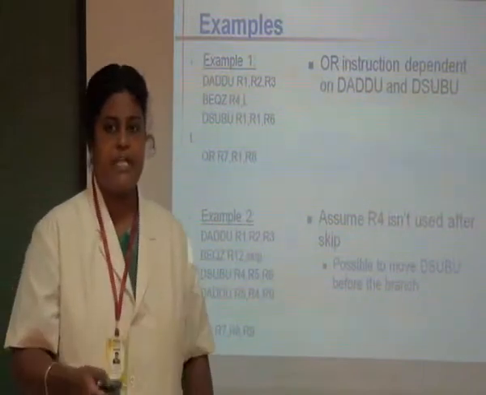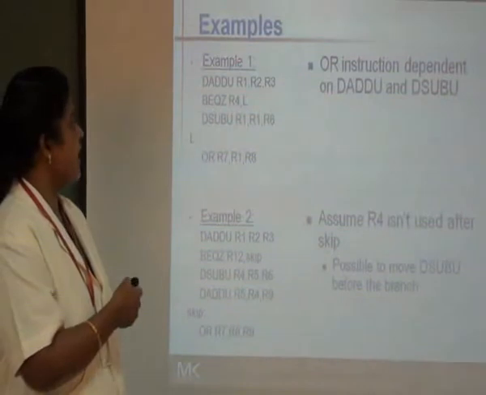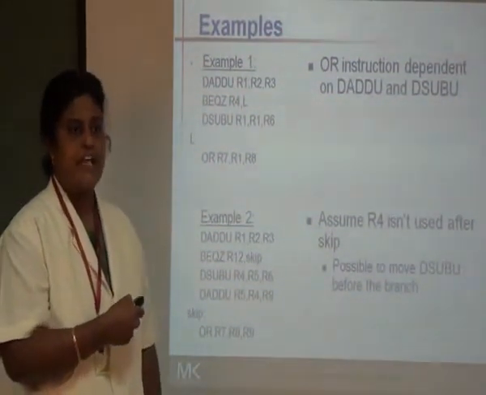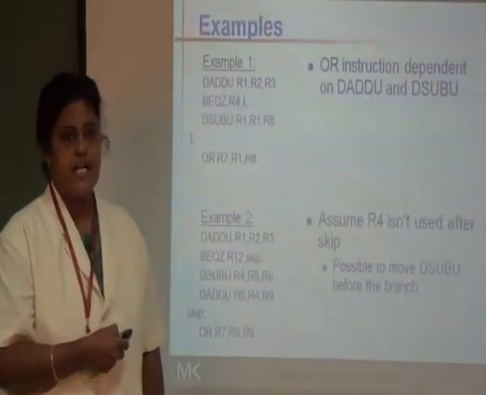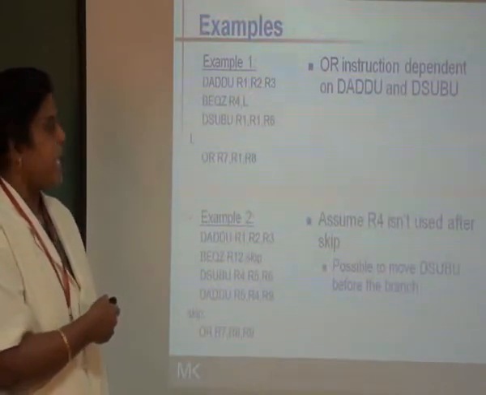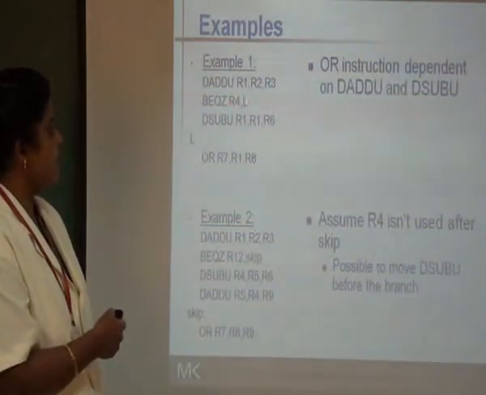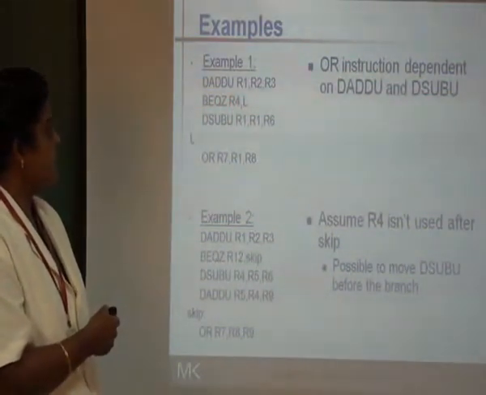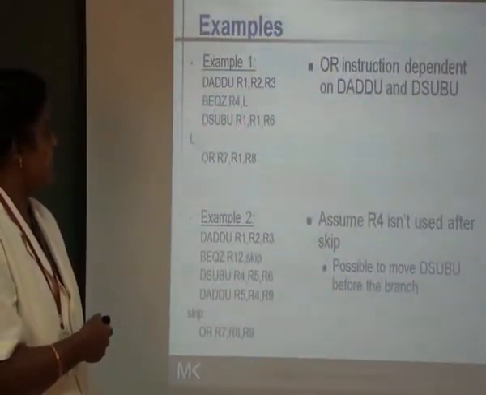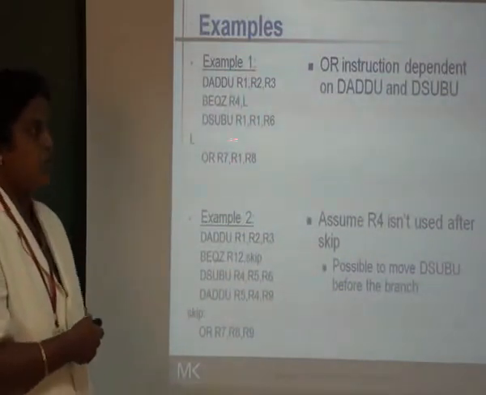Let me present you some examples for this data dependencies. The first one is, suppose we are trying to do a double floating point operation of addition of two different register contents R2 as well as R3, and the result is stored in R1. And this particular branch equal to 0, R4 comma L, checks whether the content of L is equal to 0, and the subsequent operation is a subtraction floating point instruction, and this is also going to be a logical OR